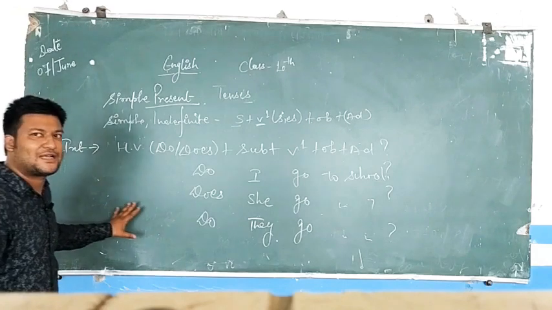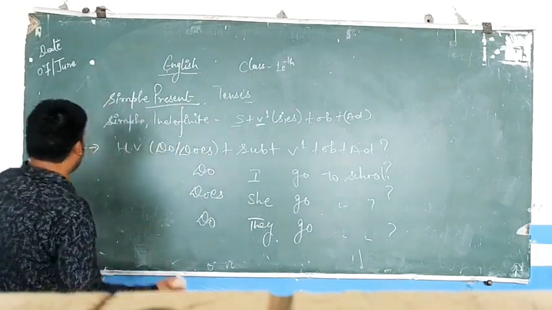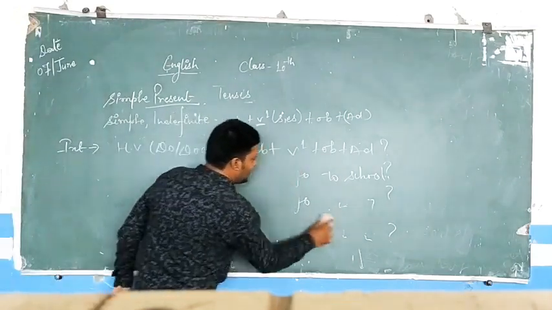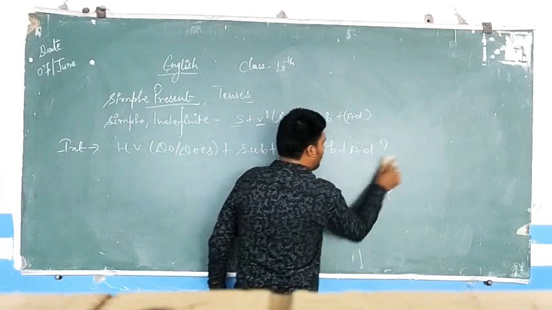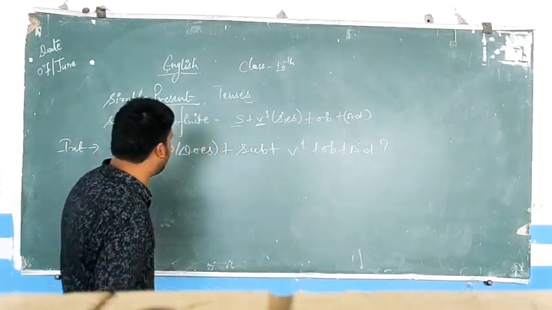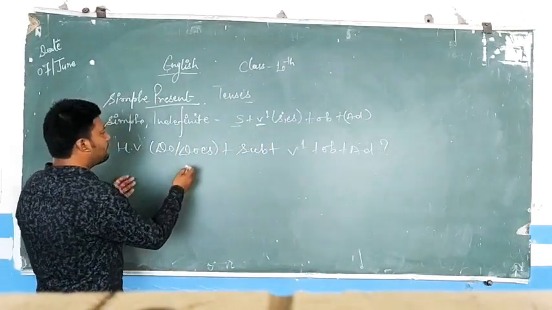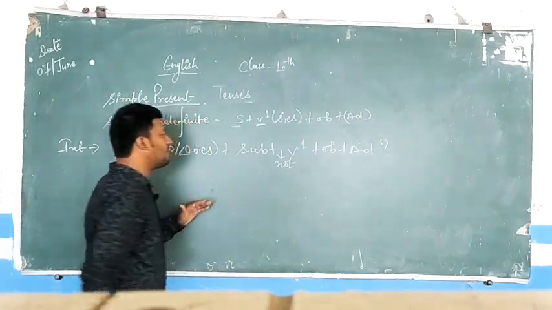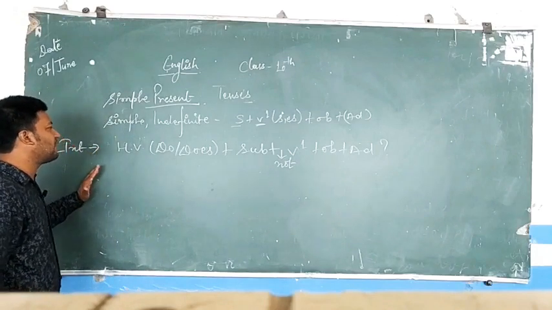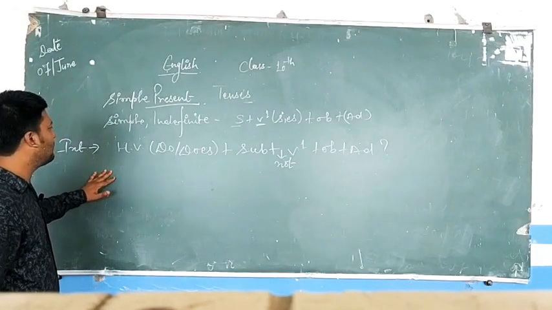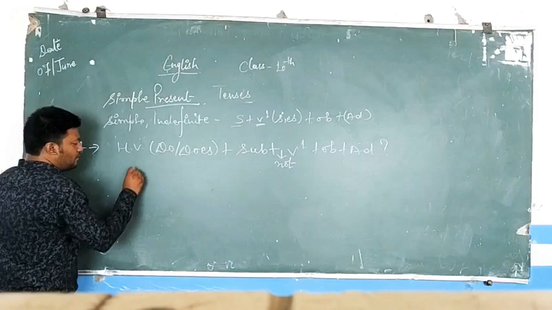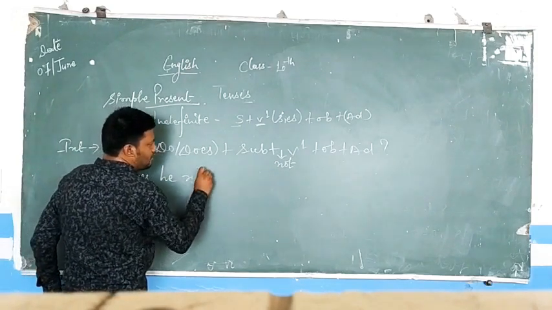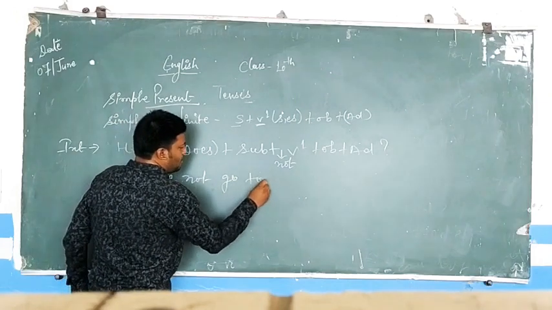Now interrogative negative, one last one is there. In interrogative negative, you don't have to change anything. It is the simplest form of it. What are interrogative negative? I just put not here. I have already given you the writing form of the formulas in this class only. So, does he not go to school?